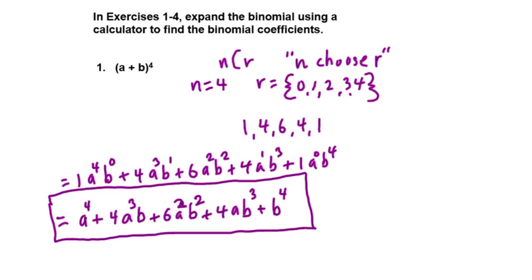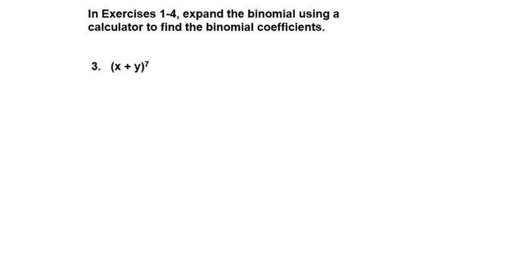We're going to go on and look at problem number 3, the next odd number problem. Here we have quantity x plus y to the 7th power. So it's going to be a similar type of arrangement. In fact, what I'm going to do in this instance is write this out first and then slip in the coefficients later. So our first term is going to be x to the 7th power, y to the 0 power, and it'll be some coefficient times that,